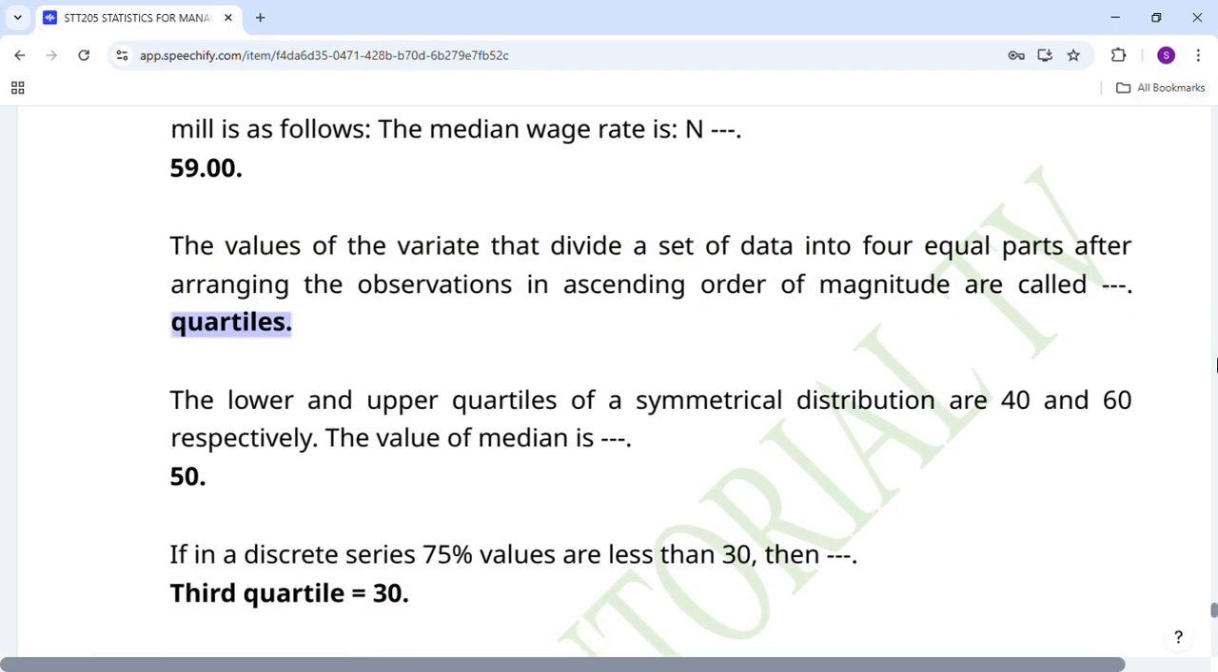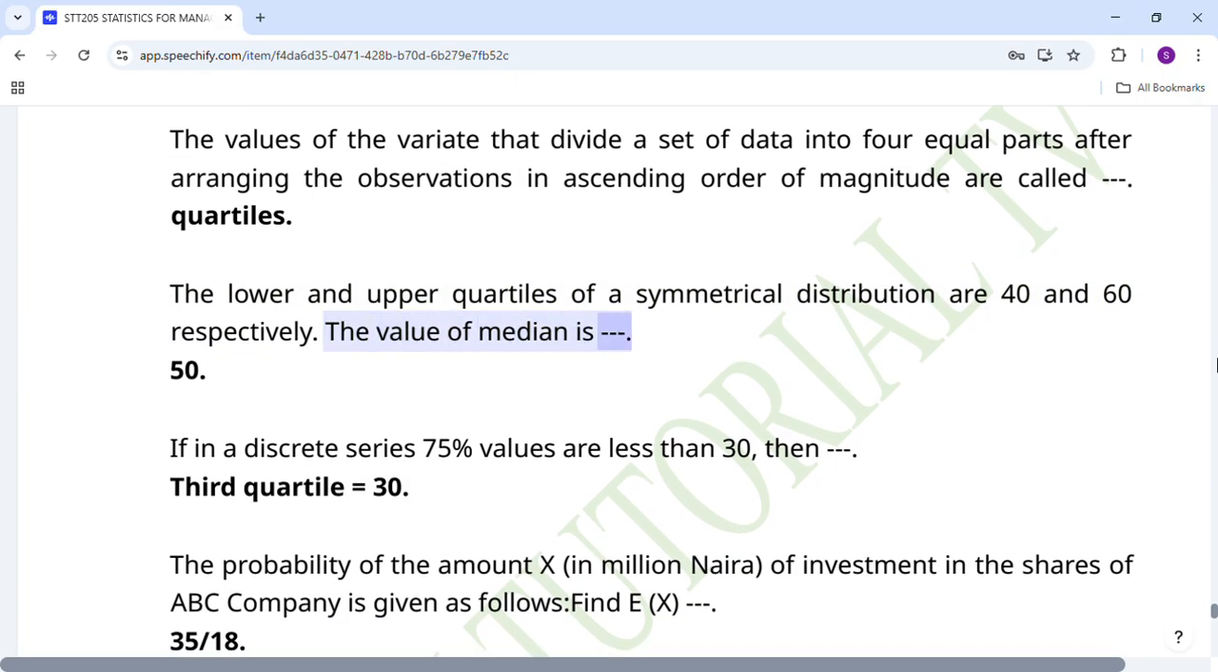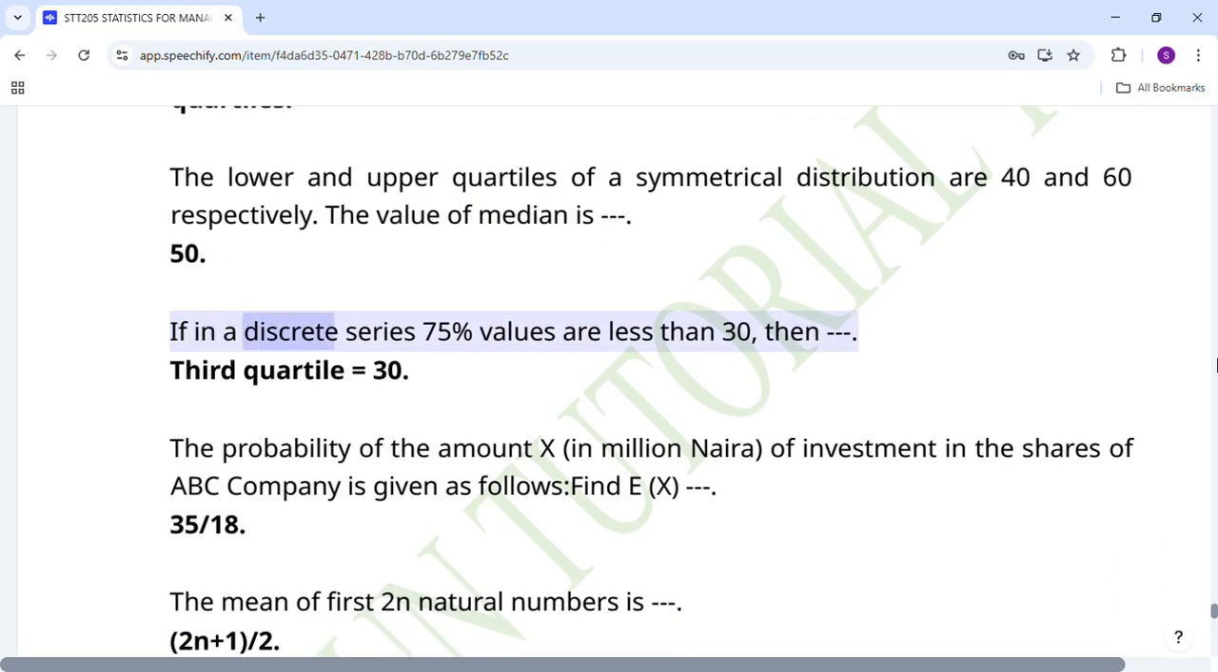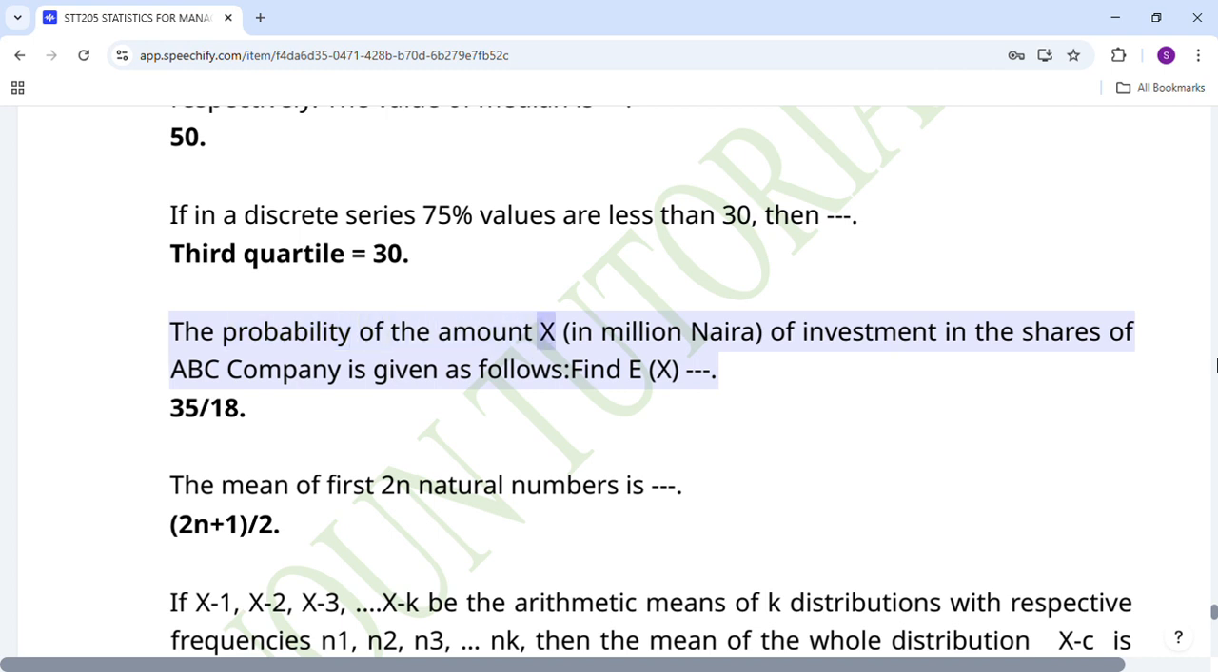The lower and upper quartiles of a symmetrical distribution are 40 and 60 respectively. The value of the median is 50. If in a discrete series 75% of values are less than 30, then the third quartile equals 30. The probability of the amount X, in million naira, of investment in the shares of ABC